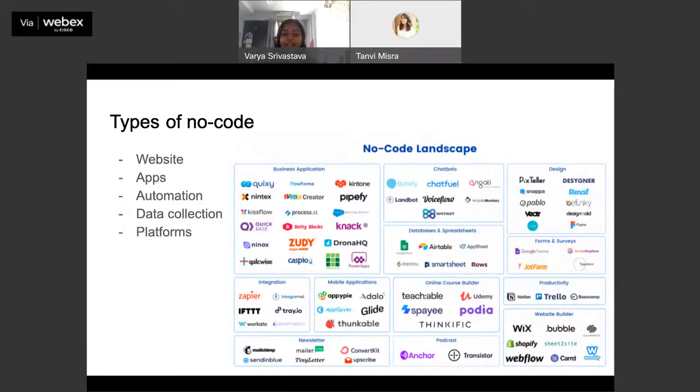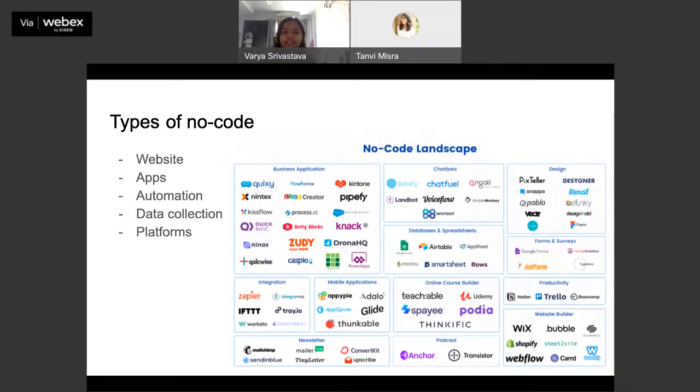It could be as simple as a static website with just content to as complex as a dynamic website that allows payment and transaction and interaction and all sorts of things. And there are multiple no code tools that will help you build websites, starting just from your Google website as an example, to things like Wix and Squarespace and so many other platforms that are there. So, website is the first use case.